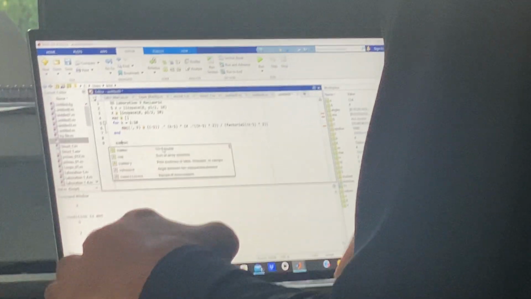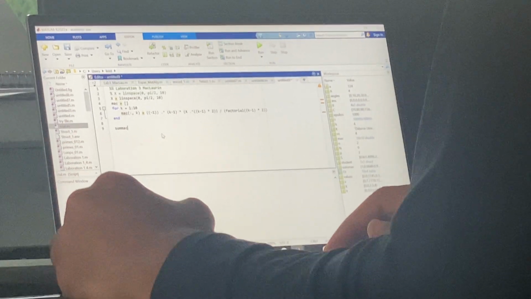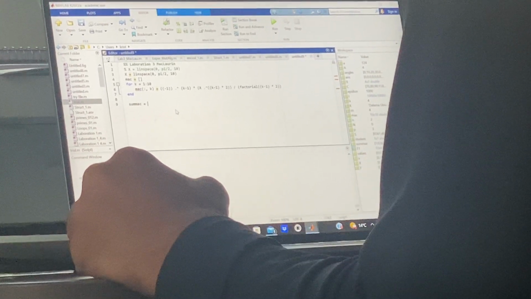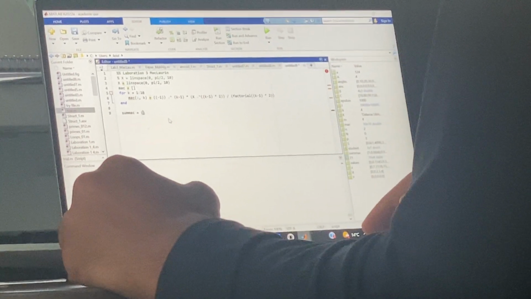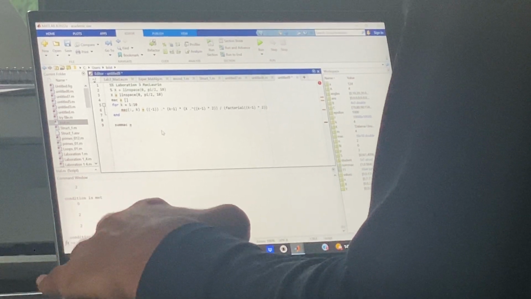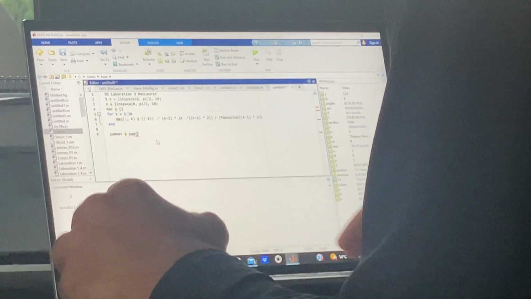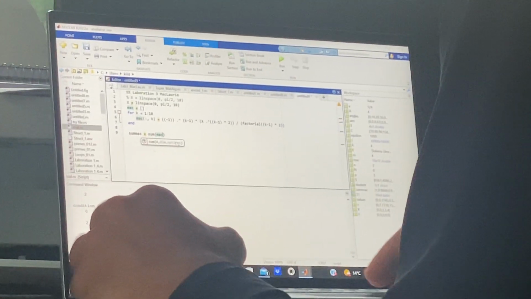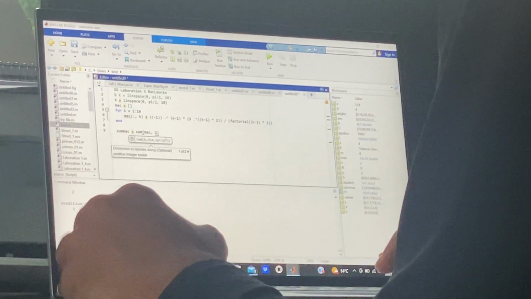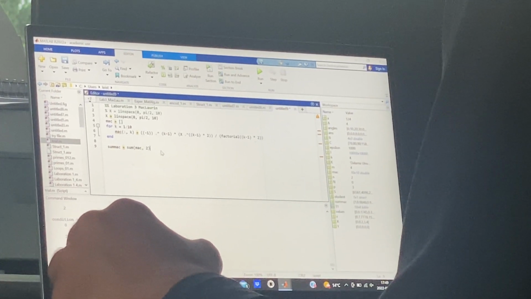So what I will do now is the sum for Mac, which is equals to sum, in parentheses, Mac, comma, 2, and